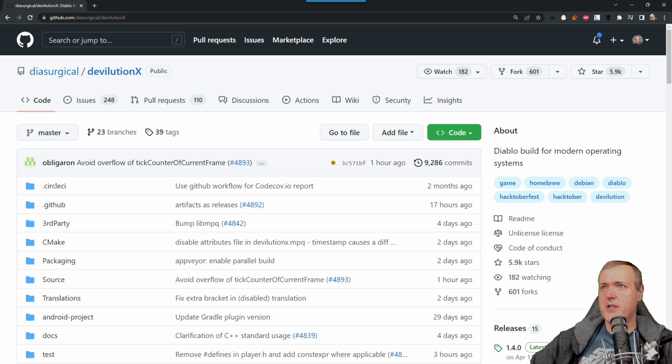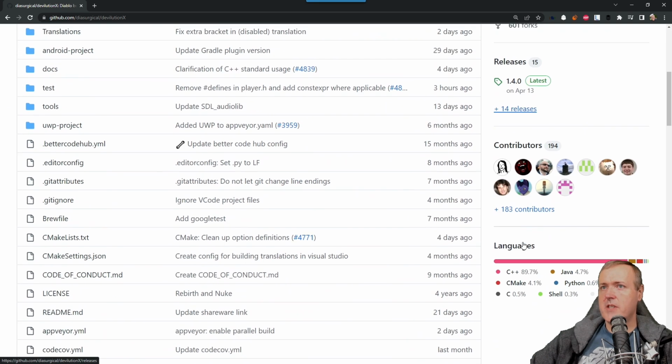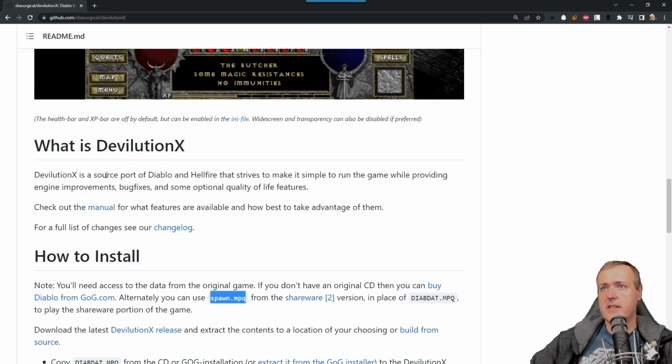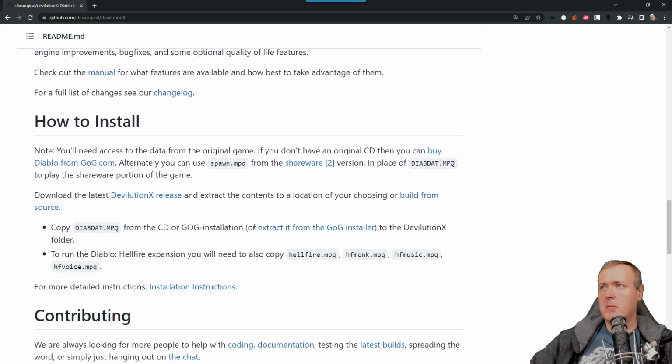And here is the project page. If we scroll down here just a little bit, you'll see that it says Devolution X is a source port of Diablo and Hellfire, which is the expansion, that strives to make it simple to run the game while providing engine improvements, bug fixes, and some optimal quality of life features. So there is a couple of different instructions on how to install it. You can see here, it says you'll need access from the original game. If you don't have an original CD, then you can get it from here, or you can use spawn.mpq